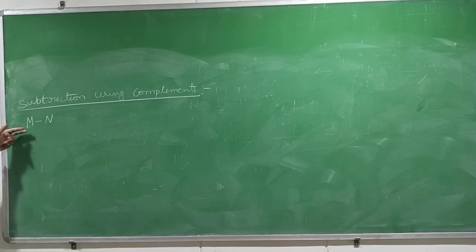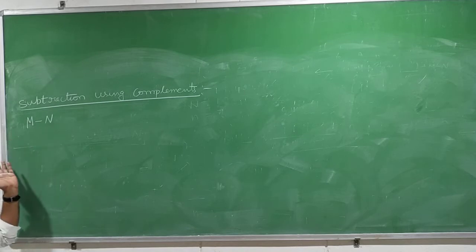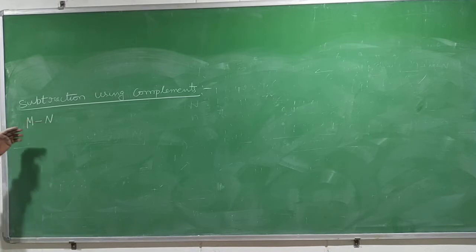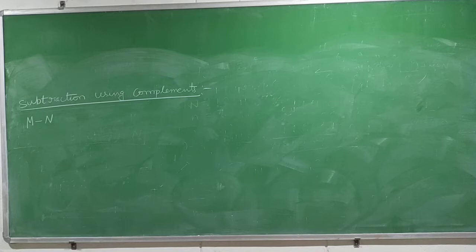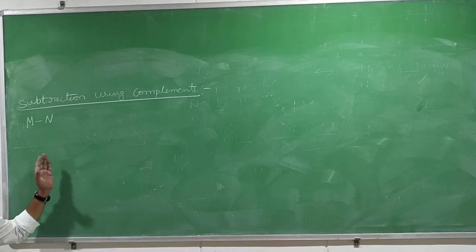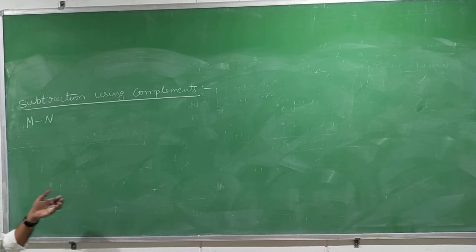In the normal procedure, what will you do? M minus n you will do in either binary or decimal. If m is larger and n is smaller, then you will get a positive result. If m is smaller and n is larger, then you will get a negative result, right? When you are subtracting a bigger number from a smaller number, generally you need to get the borrow from the previous bits of the m. So that is the complicated procedure to do in the computer.